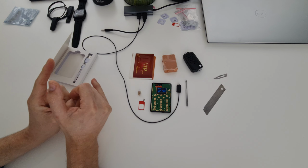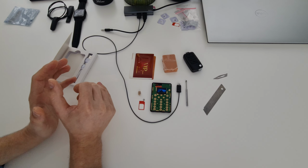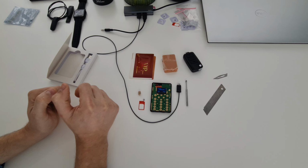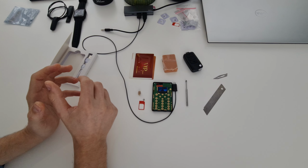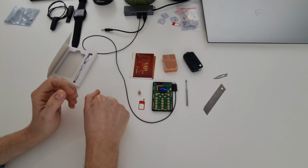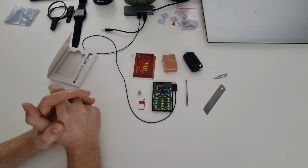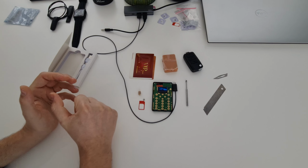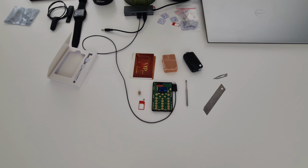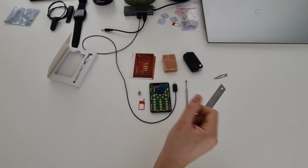This is the first thing, and the second thing is to check that the number is fine and working. Call from another phone to the SIM card number you want to use here, and check that it is not locked for receiving calls, or that you did not note down the wrong number. So check that the number is noted correctly and that it can receive calls. This is very important. After that, put the SIM card inside the device, and you can turn on,